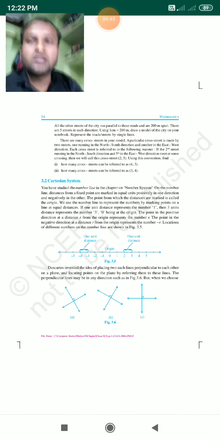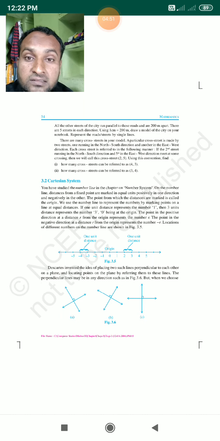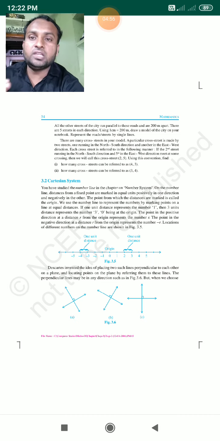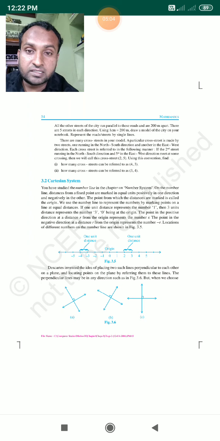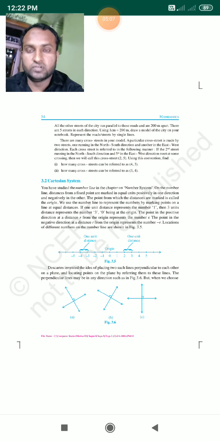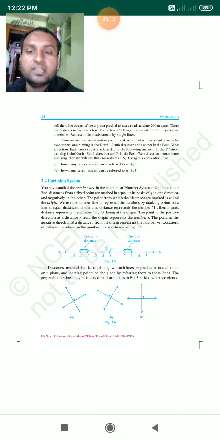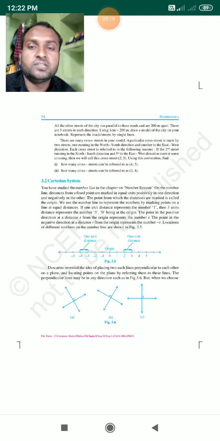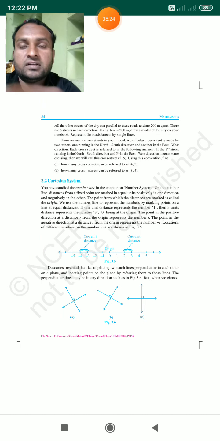There are 2 questions here. Find: first one is, how many cross streets can be referred to as (4, 3)? Now see, in how many ways can you refer to this coordinate, that is 4 and 3? And the second one is, how many cross streets can be referred to as (3, 4)? See now, by using these coordinates, how many ways are there to refer to this? You have to find it here. Now see, by drawing a rough diagram of the given directions, you have to show how many positions there are. Now see, I will give one picture here.